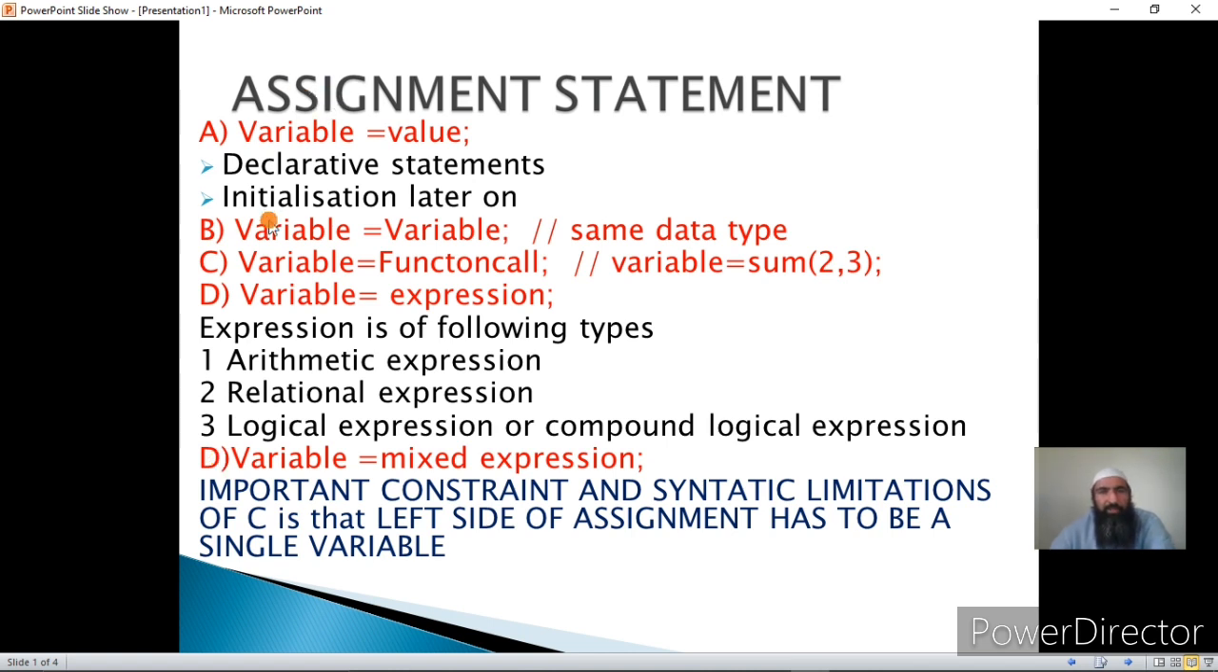that on the left hand side there should necessarily be a variable. We cannot have a constant on the left hand side of the assignment statement. This is an important constraint, that on the left hand side there should always be a single variable. I cannot have a constant on the left hand side. This is strictly according to the syntactic rules of the assignment statement, and